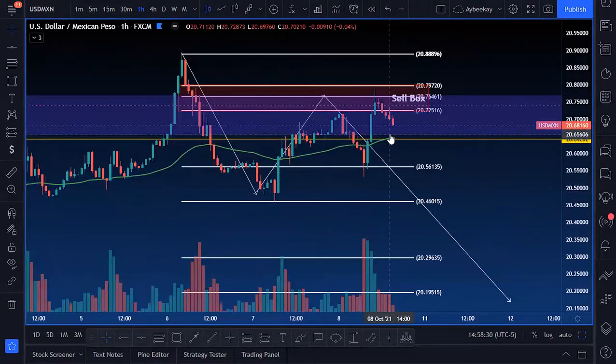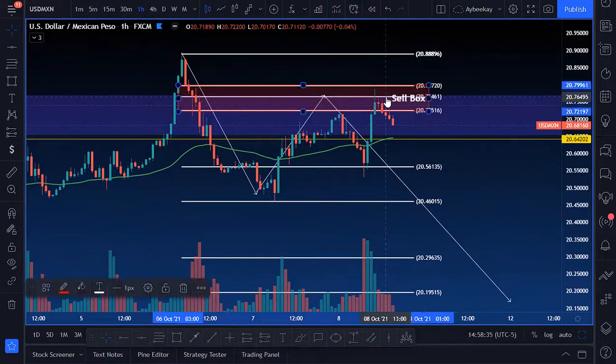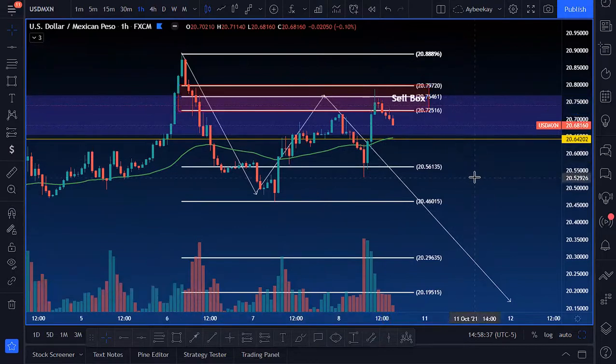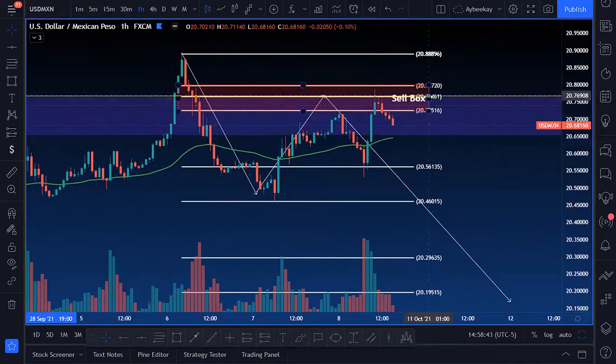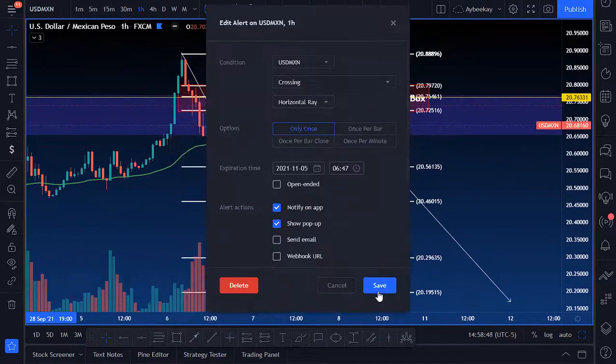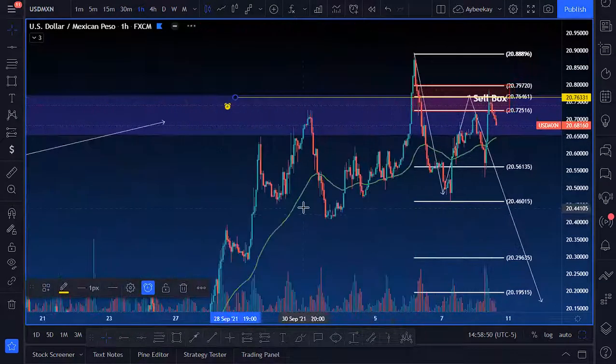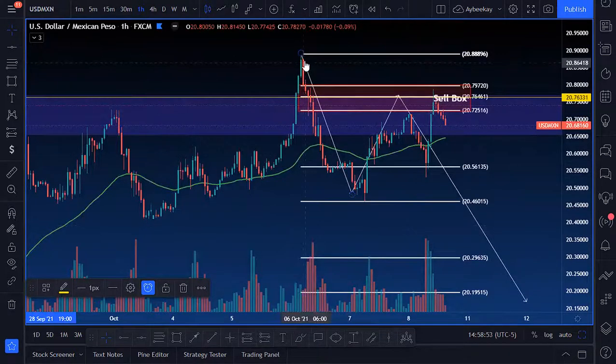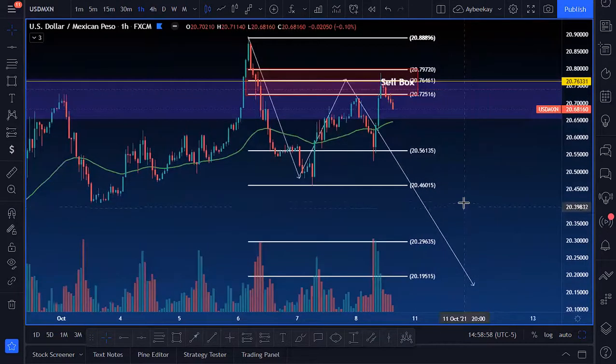What I'm going to be looking at is if USD Mexican will come back up to this sell box, and if it can get pretty close to 20.76461, then I might look to get into a possible short opportunity. So I'm going to go ahead and set that up, because let's see what happens here. The way this fell, reject, retracement, the continuation. If this does continue to fall, then that might mean that the US dollar is going to fall, which would bring us some opportunities in the market next week.